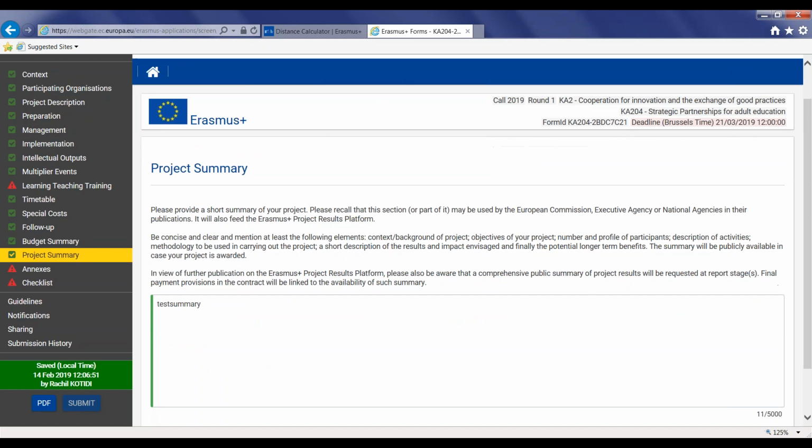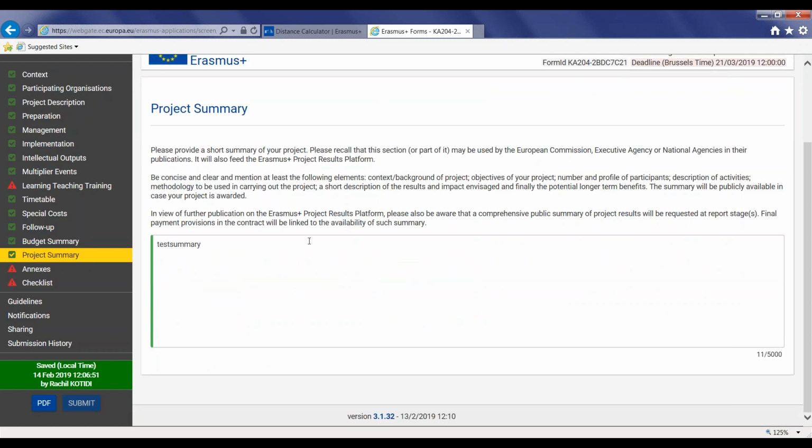Project Summary. In this section, you should provide a concise and clear summary of the project. Focus on objectives, context, and background of the project. Profile of participant, description of activities, methodology to be used in carrying out the project. Give short description of the results and impact you wish to achieve, and finally the potential longer-term benefits of the